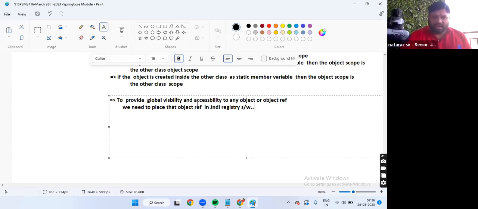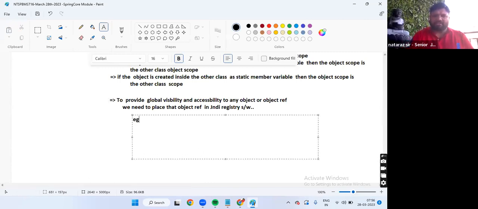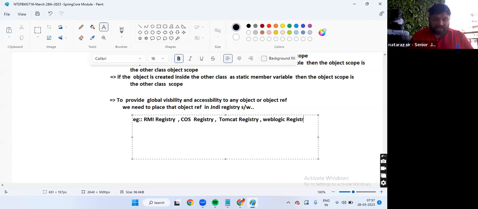Examples of JNDI registries are RMI registry, COS registry. And good news is every web server comes with one built-in JNDI registry, like the Tomcat registry, WebLogic registry. Every server has one built-in JNDI registry.